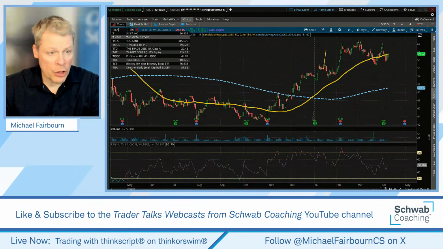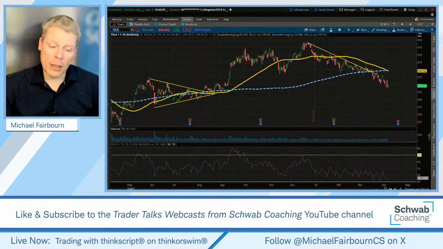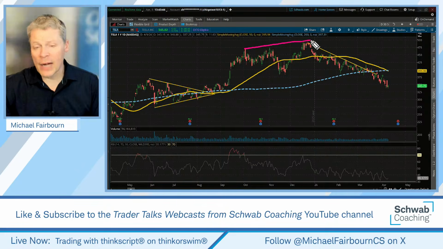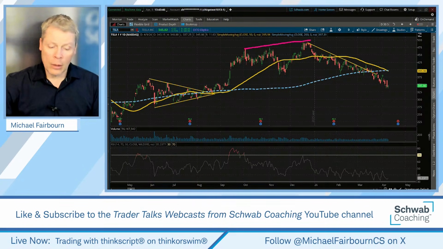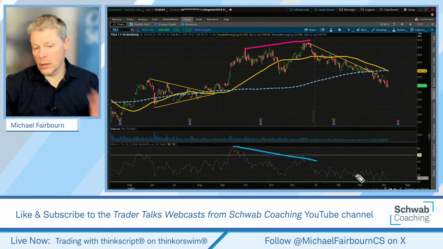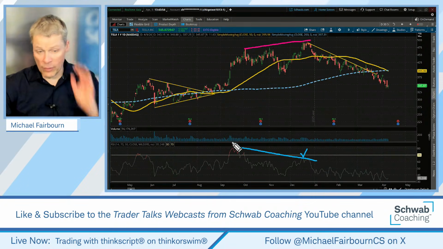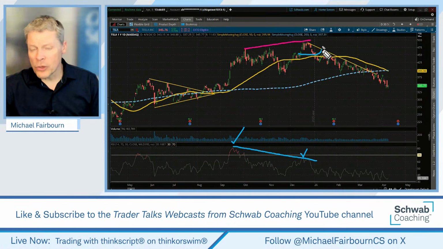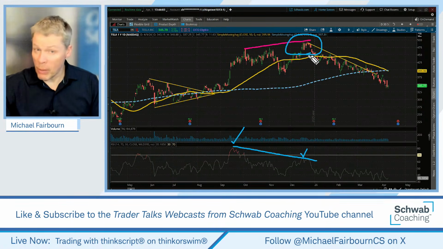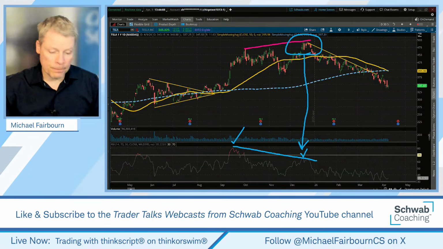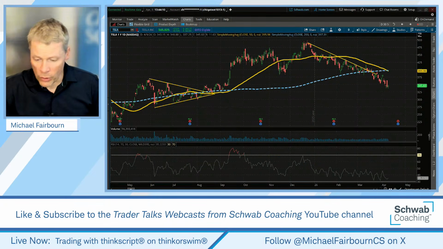Case in point, let me just show you, because this will be next week's discussion. Clear one here on Tesla that ended up going down. Look at this higher point. See that? That's a higher high on price. When it comes to the RSI, this is referred to as a negative divergence. That's a much lower low right here than this high using the RSI. And this can be very, very insightful, something you really want to look for, potential tops being formed and bottoms. But we're going to do a deep dive on this. We'll have a ThinkScript ready to go, and we'll share that for you all next week.